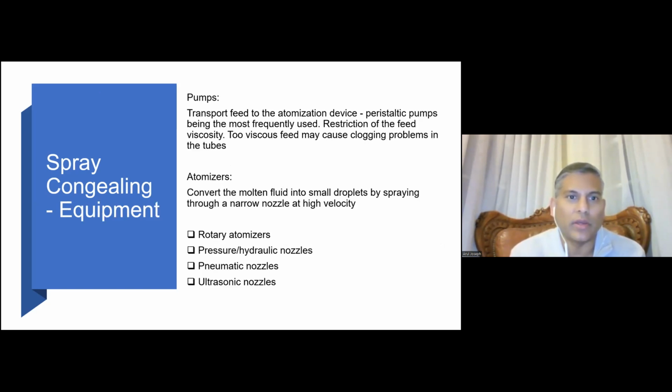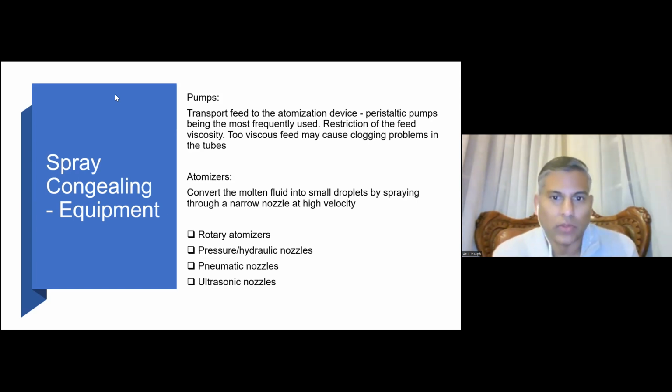And some of the equipment that we use: you need to have a pump to transport the feed to the atomization device. And typically we use peristaltic pumps to do this. And one of the things that we need to be careful about is the feed viscosity. If you have too viscous a feed, you might clog the tubes and you may not be able to get a good transportation of your molten liquid from the chamber to the